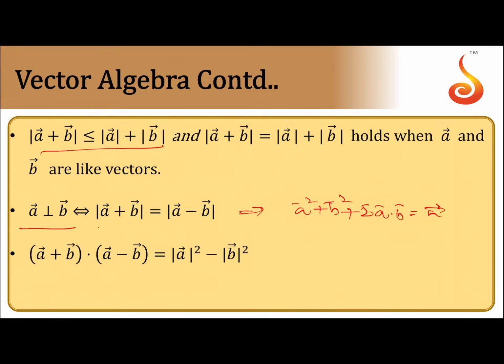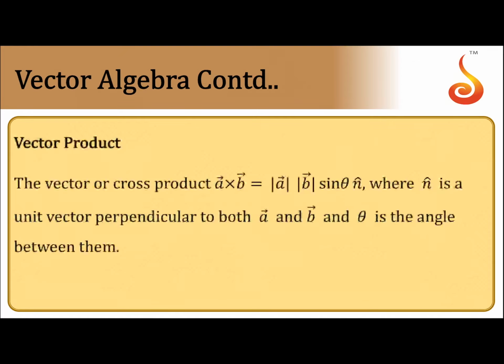Right? That is equal to A square plus B square minus 2A dot B. Clearly 4 times A dot B is 0, therefore A dot B equals 0. As A dot B equals 0, both the vectors are perpendicular to each other. Correct. Coming to A plus B dot A minus B, just by the distributive property, you'll get (A plus B) into (A minus B) is A square minus B square.